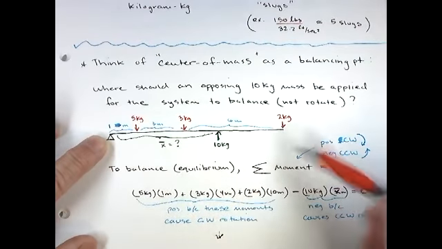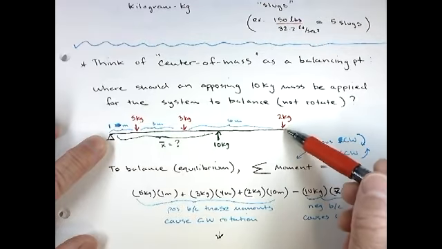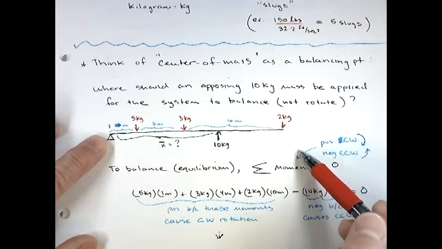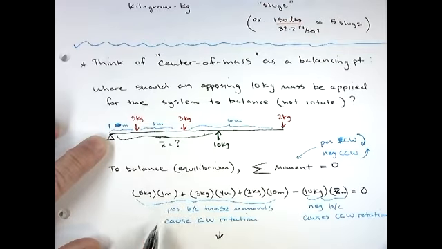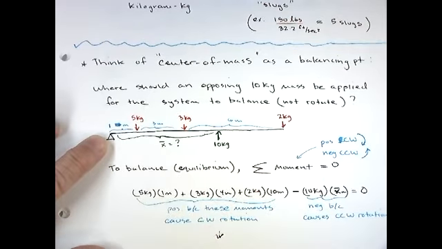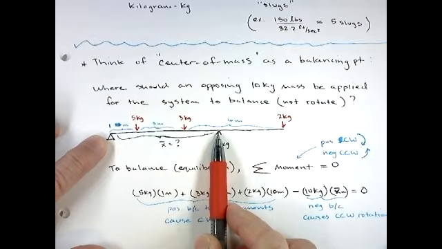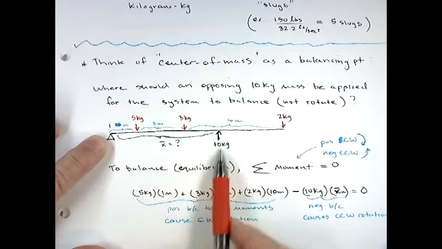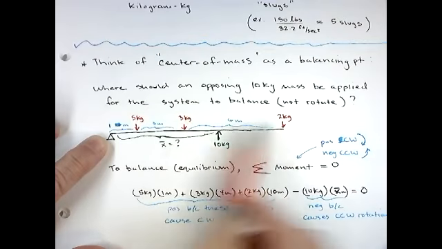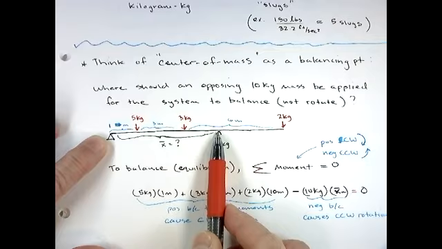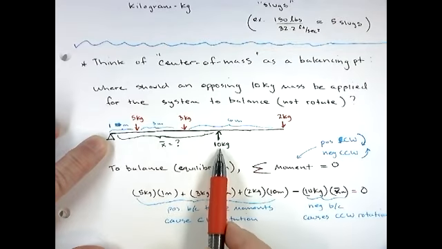Okay, so that's going to cause the lever arm to rotate in a clockwise direction. If we wanted to counteract that and keep this system in equilibrium, it could be balanced by putting something underneath it, which would provide an upward force equal to the sum of these masses. Okay, so that totals up to 10 kilograms. So if I were to put something to hold it up, it would be counteracted with a 10 kilogram mass at